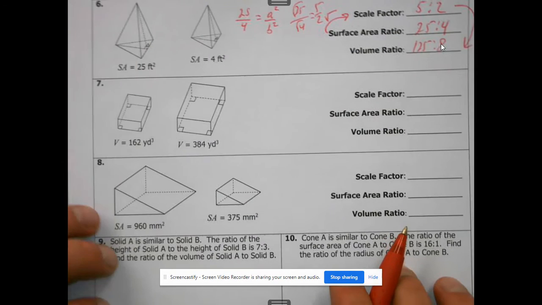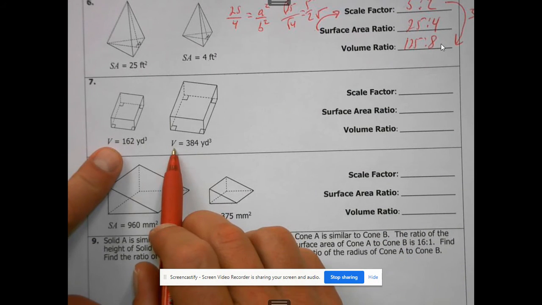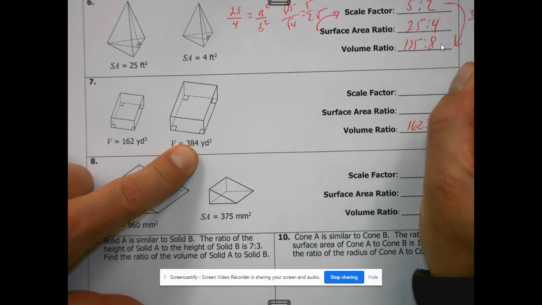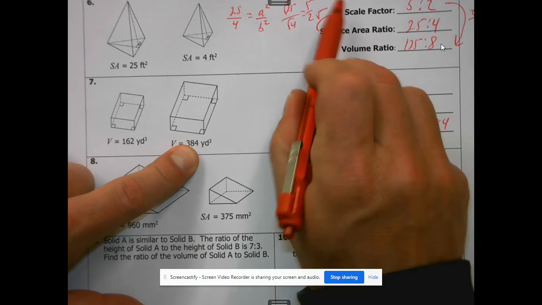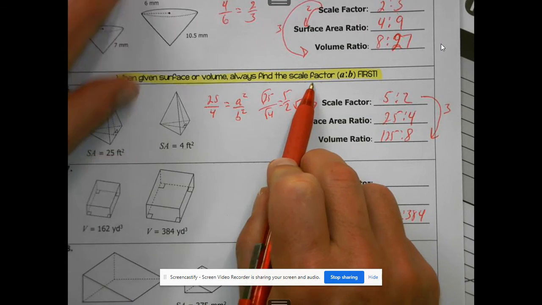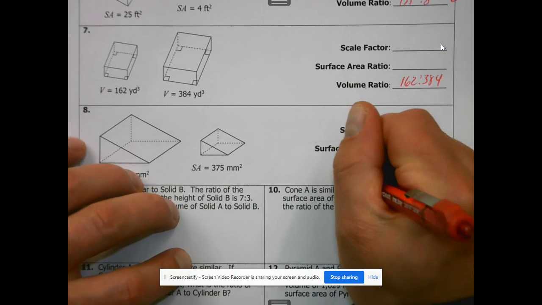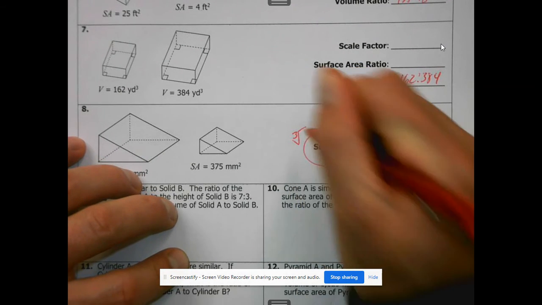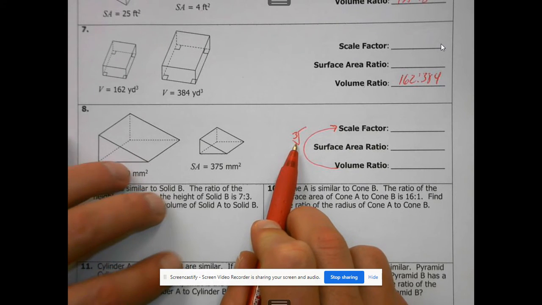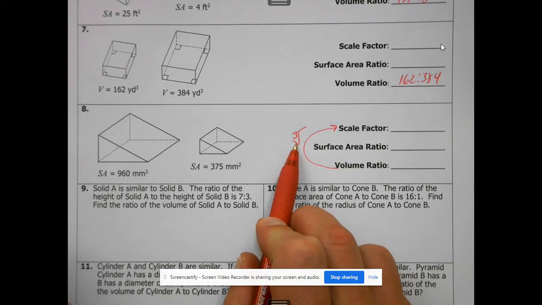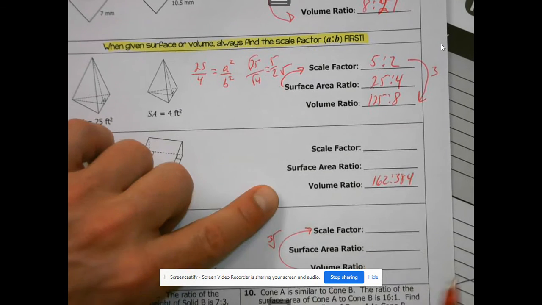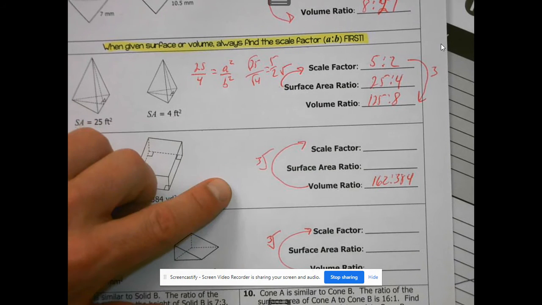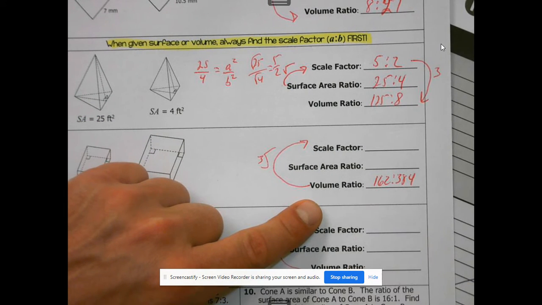2 more. This time they give us volumes. They give us the volume ratio, right? Volume is 162 to 384. Always find scale factor first. So to go from here to here, I have to do what's called a cube root. And that's what I showed you guys on the calculator when the lesson first started. So refer to that to figure out how to type it in. Oops, went the wrong way, this guy. But it would work for the bottom one too, right? All right, so when you type in the cube root of 162, to save some time,